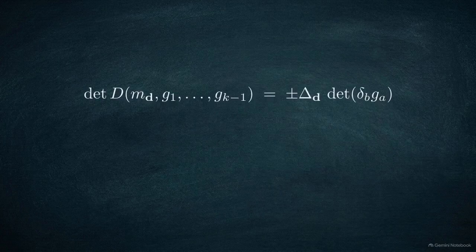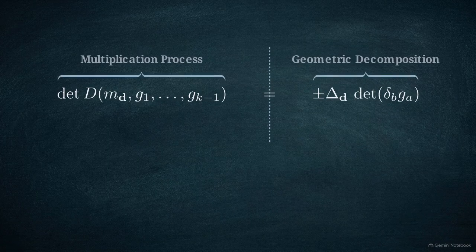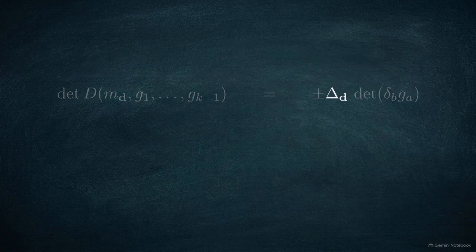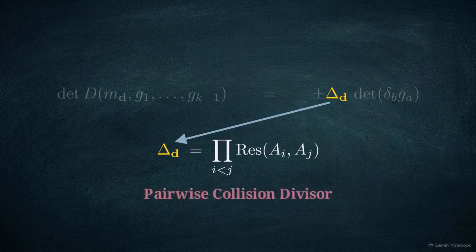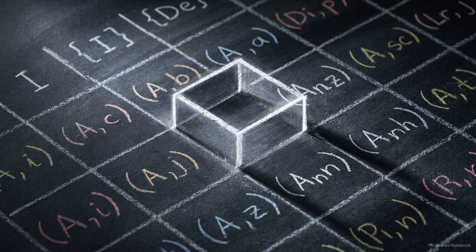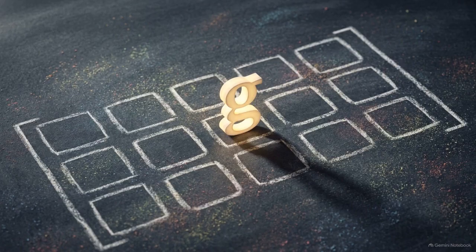This equation shows the proposed affine all-factor theorem. It maps coordinates where multiplication loses more rank than relative scaling alone explains. Looking at the right side, the first half isolates delta D, defined as the product of all pairwise resultants. On the pairwise coprime open set, each of these pairwise resultants functions as a regular unit. Because we are missing k-1 scaling dimensions, we must introduce k-1 normalising functions, denoted as g, to restore the balance